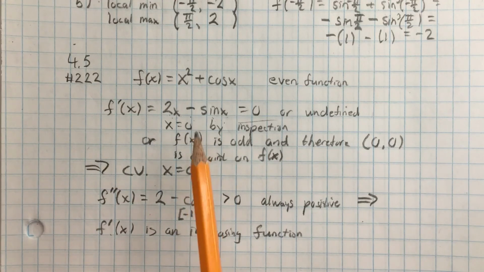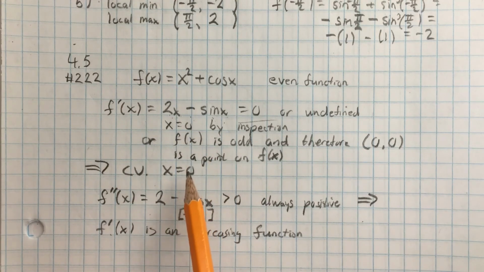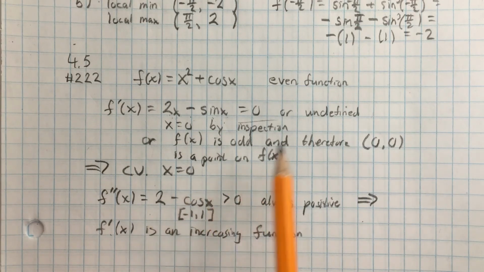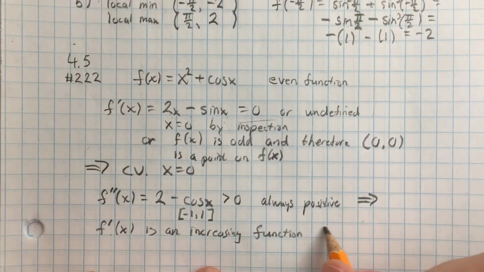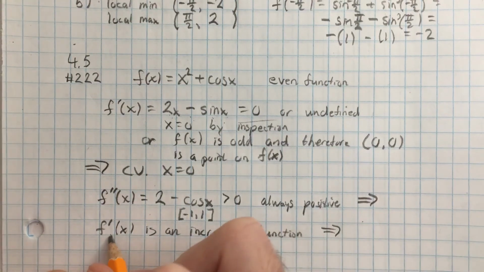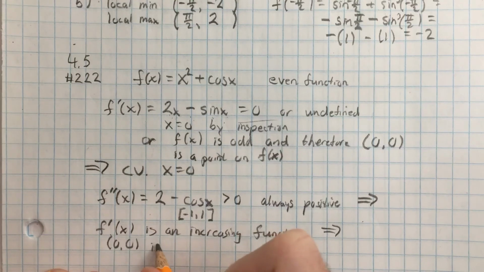Well, if the first derivative is an increasing function, it's always going up, then once it goes through a height of 0, it goes through its root, we just found, the 0, 0 location. Once it goes through there, it can't come back down to get through another root again. It can't intersect the x-axis again because it's always increasing, always going up higher. So therefore, this is how we know 0, 0 is the only root